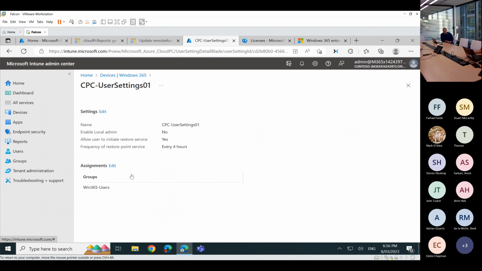Another decision, do you want to allow users to restore their cloud PC? Now, guess what? Not only is Microsoft managing the network, the VM, the subscription, everything, it's also offering you backup restoration. Now, you have the ability to restore up to 14 restore points of your Windows 365.